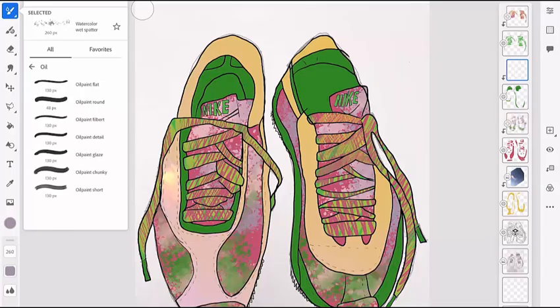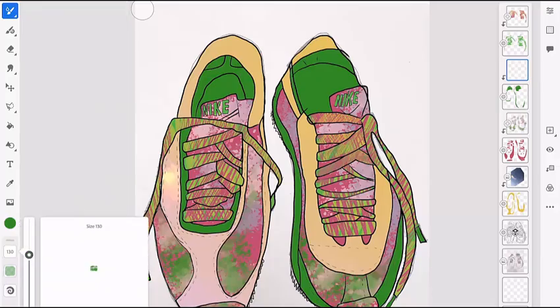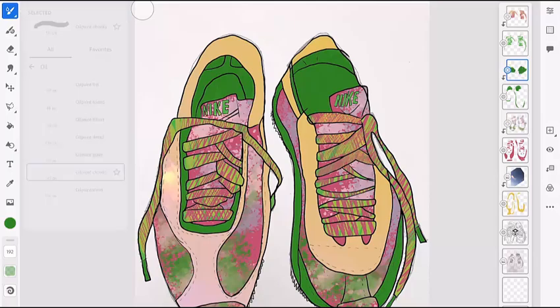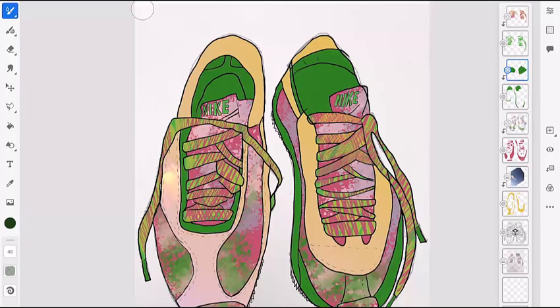So again, I've added a clipping mask layer, but this time to my dark green colour, because I'm going to start working on adding a bit of depth to illustrate the interior of the trainer. And I'm using the live paintbrush tool again, but this time the oil pastel version. I'm starting to build up one layer of oil paint and then go back in with another oil paint brush with a darker tone at a larger brush size to start to blend and create the idea of the interior of the trainer.